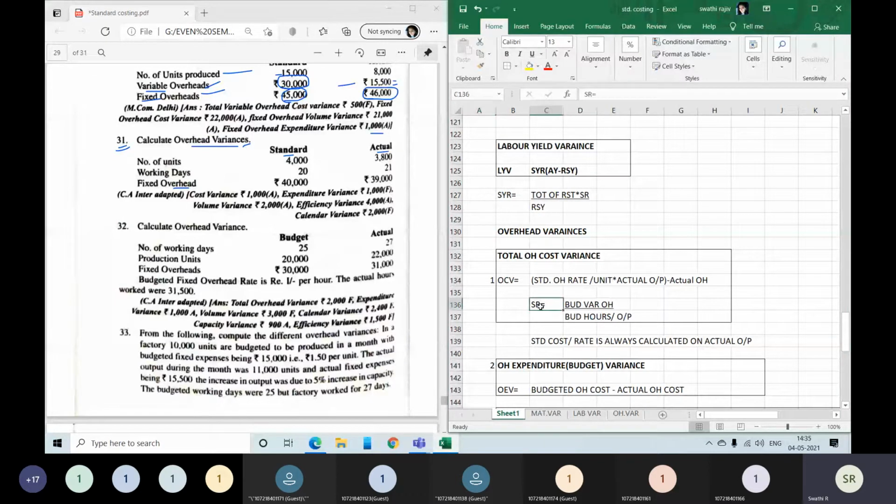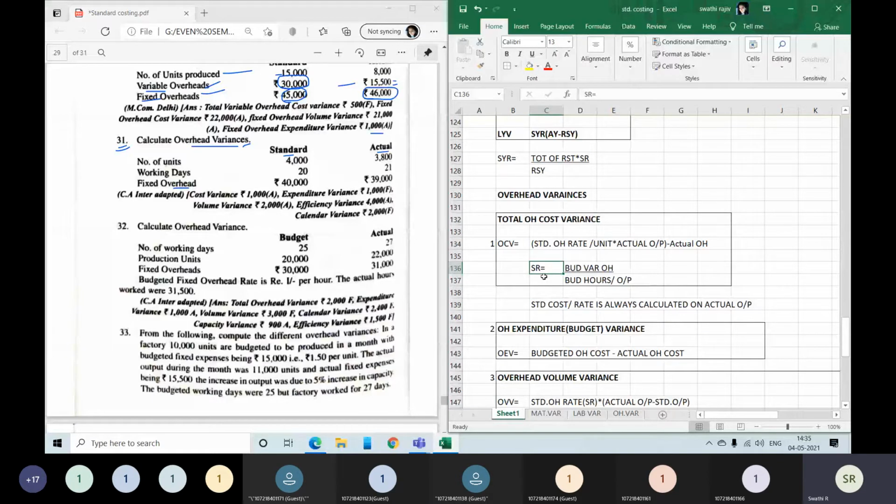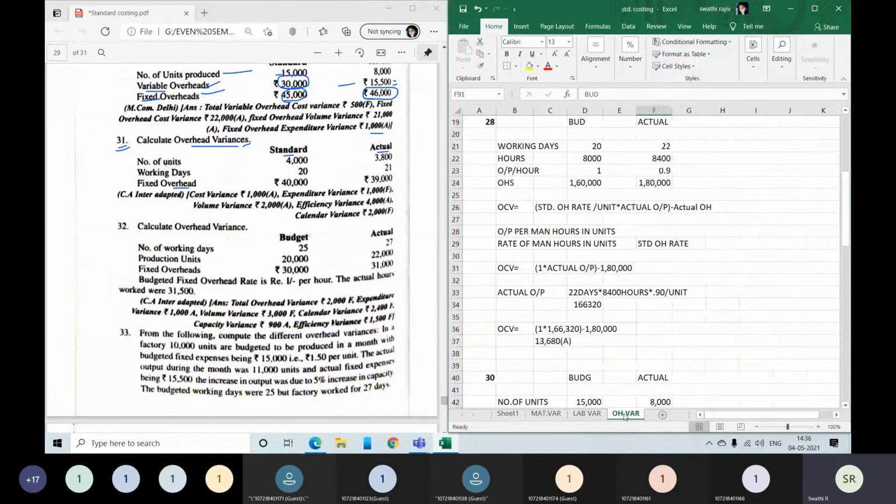So what two things can you divide? You want to find per unit cost. They have given you total cost and the total number of units produced. So if you divide total cost by the number of units produced, you will get per unit cost. That's what we are doing. Here it will be budgeted overhead. In a few questions they give you output or units, so we are using the same formula here also.